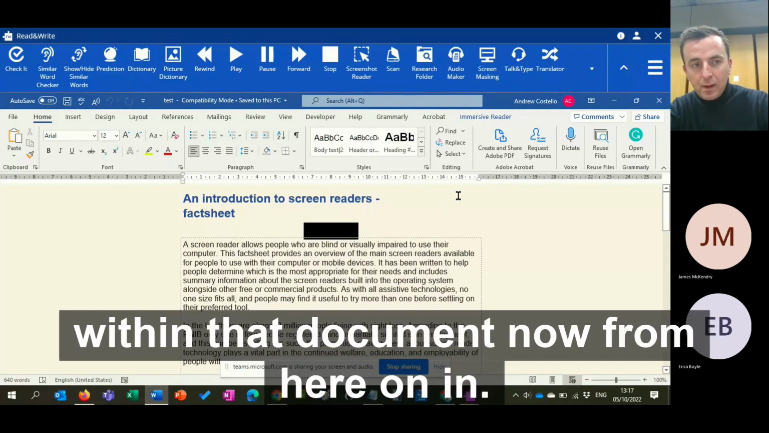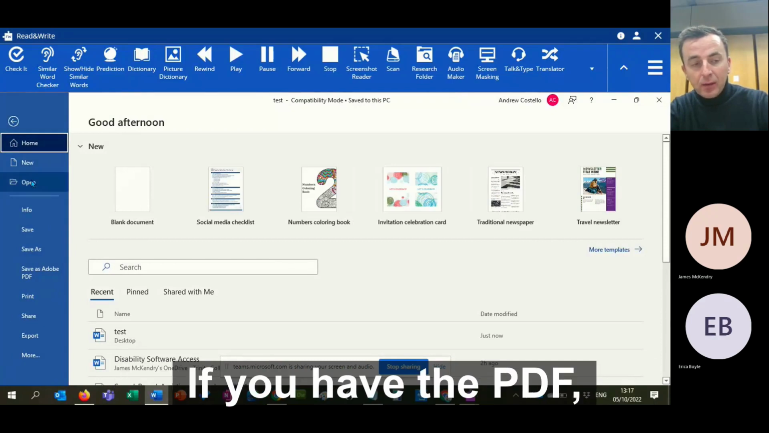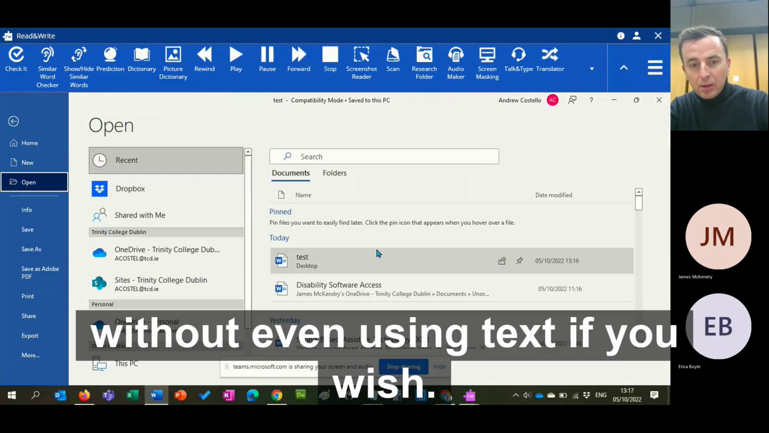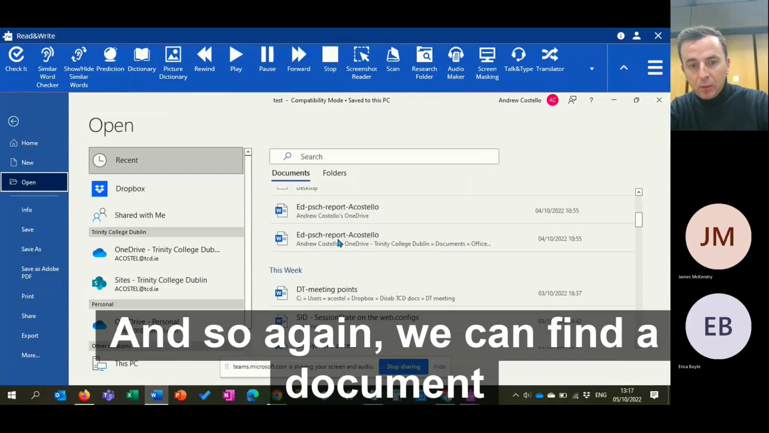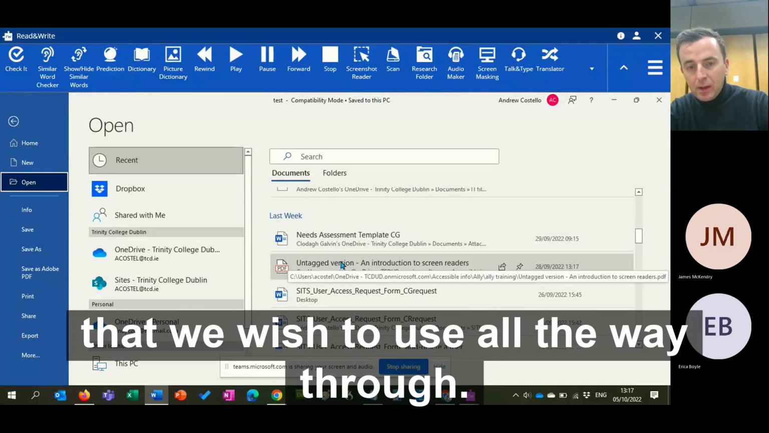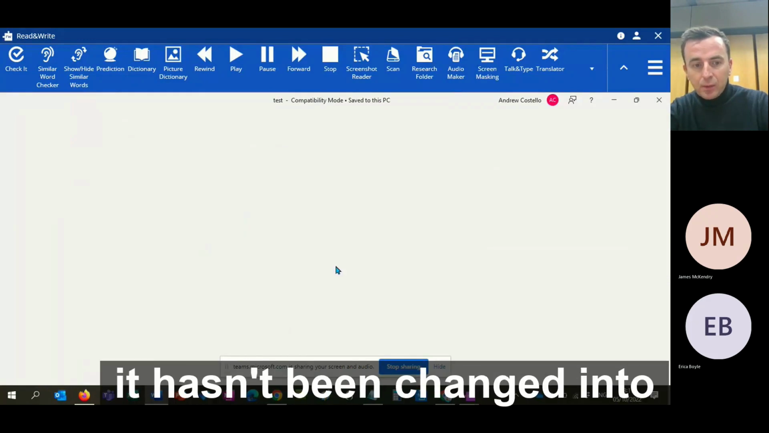As I said earlier on, if you had the PDF, you could also try to open it directly within Microsoft Word without even using Texthelp Read Write if you wish. So again, we can find a document that we wish to use. Here's a PDF document that I have. It's in PDF format. It hasn't been changed into Word. And by clicking onto it,